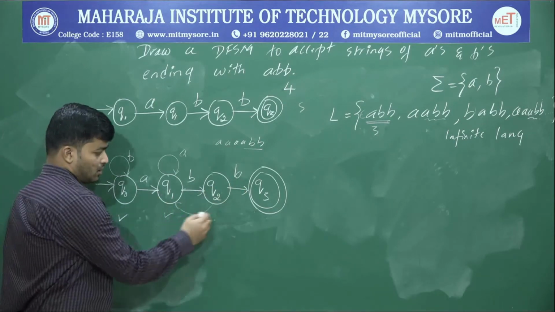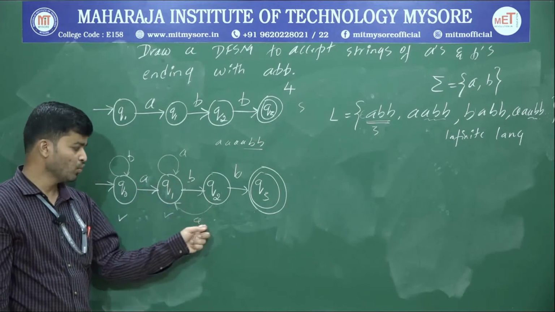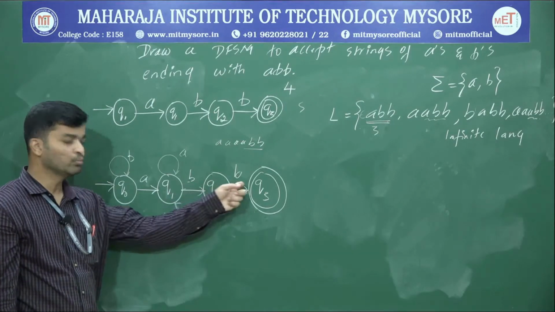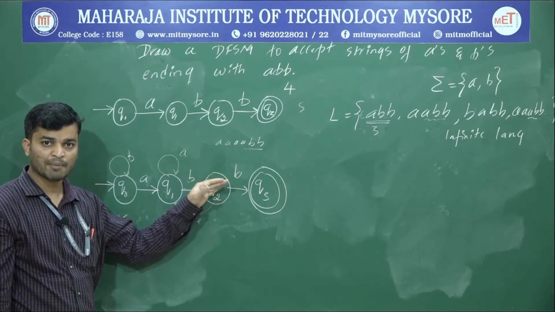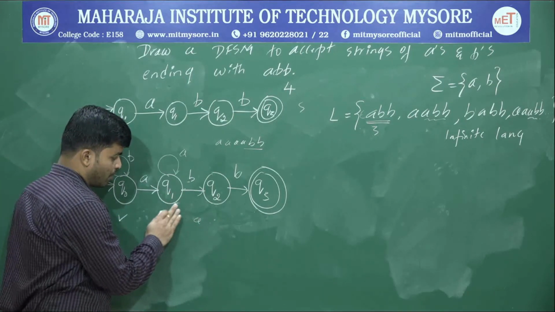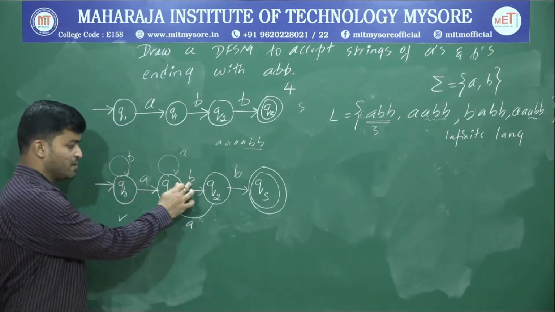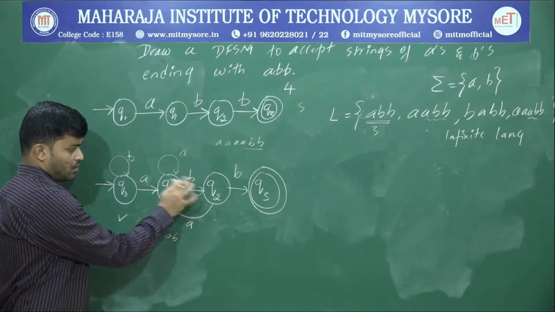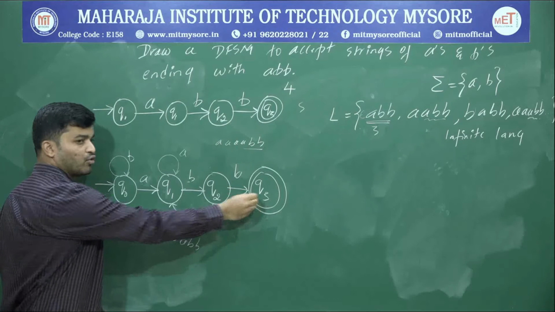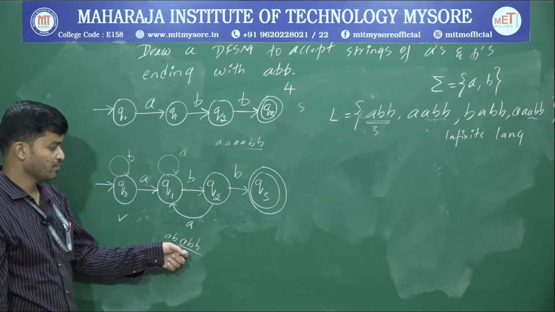Just observe this one. I'll write A here. A, B, one more A. Before going to the accepting state, it will accept 2 more B's. A, B, B. So ending with ABB. Therefore, this is going to become a valid option. So try to connect Q2 upon A to Q1. A, B, A, B, A, B. Again A, so 2 more B's, B, B. So before going to the accepting state, the string is ending with ABB. Therefore, this is a valid string.